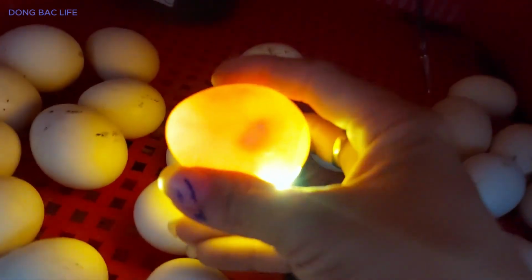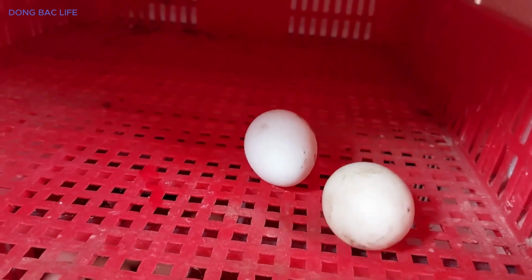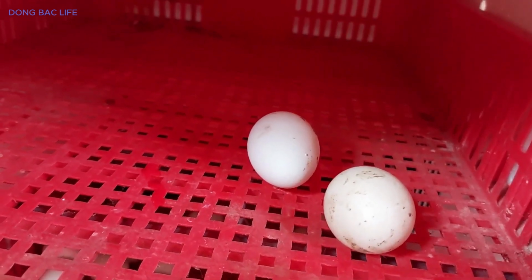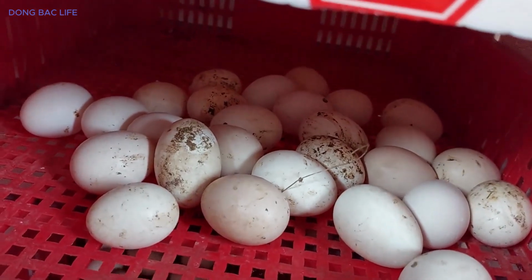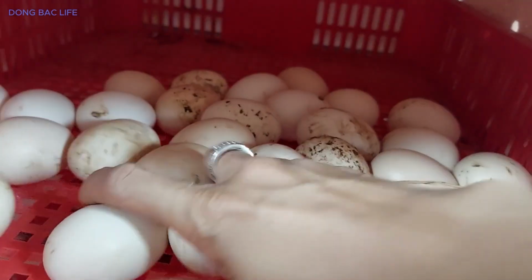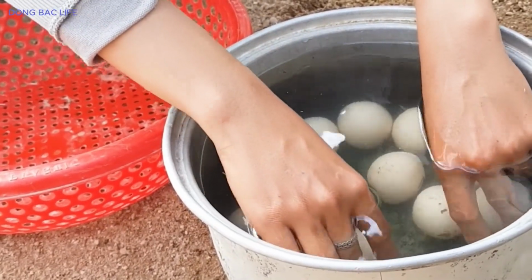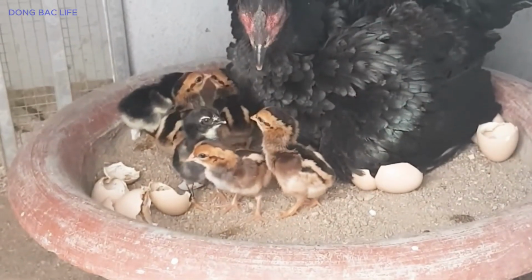Ideally, candle the eggs about 3 to 5 days after the start of incubation. This is when you can easily identify signs of embryo development. When candling eggs, do not drop or hit the eggs hard, as this may break the eggs or damage the embryo. The first incubation method that I will introduce is the sand incubation method, which is applied in the hot